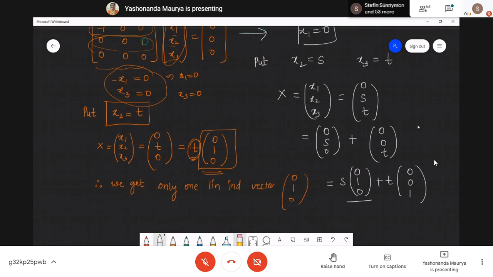Okay. Now see, I've got two vectors here. So what are the vectors that we are getting? Corresponding to lambda equal to 3, we got two linearly independent vectors. Okay, so now when we are getting two linearly independent vectors, now see here what will be the table.